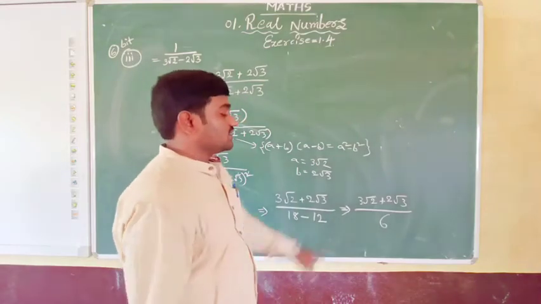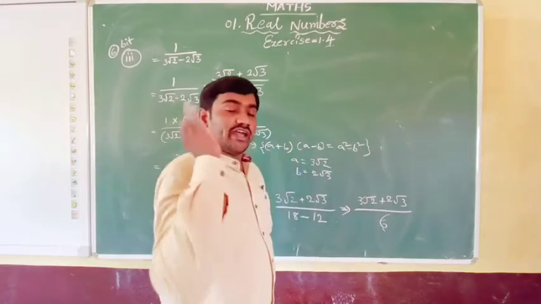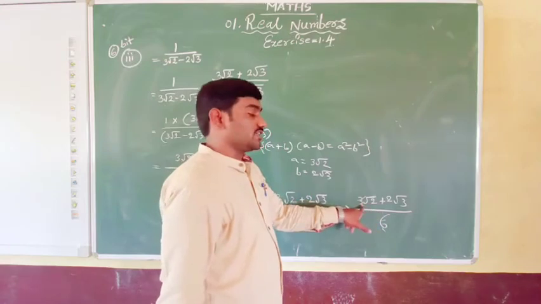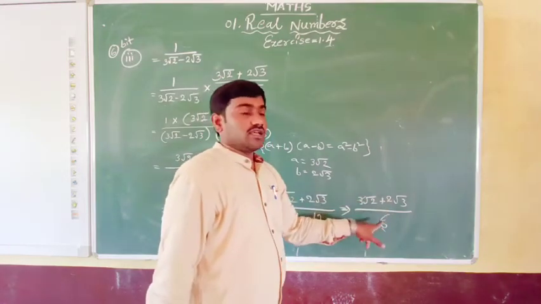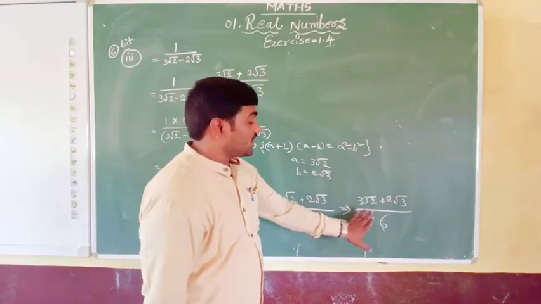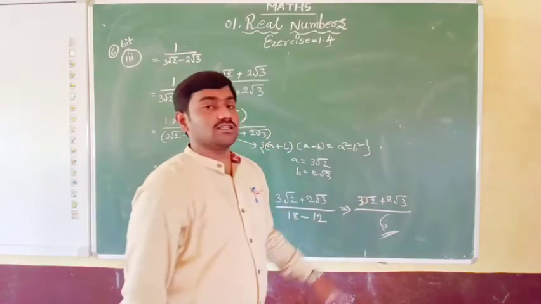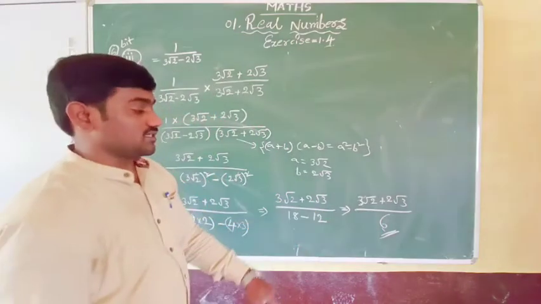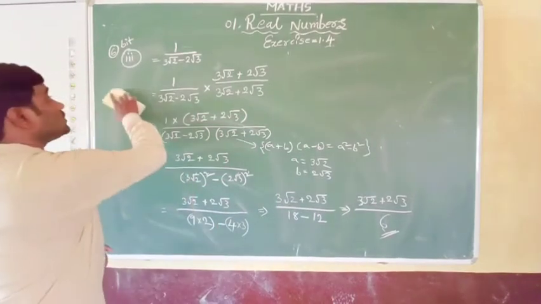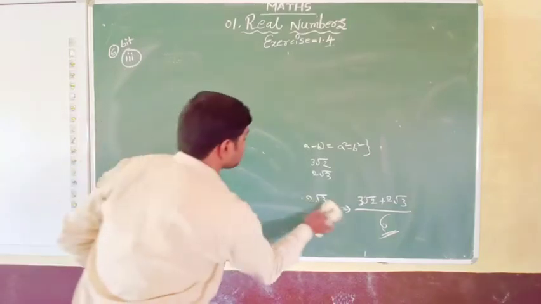Okay, this 3 ones are 3, 3 to the 6, should not be cancelled like that. It will be very wrong and a very big mistake, because this 6 is not only dividing this single term, 6 is also dividing both the terms. And here 3 and 2 will not appear in the same table to take out a common factor either. So here itself this is the answer. We cannot do anything more, as we have rationalized the denominator into 6. The 6 is a rational number; before it was an irrational number. So I hope you understood a little how to rationalize the denominators.